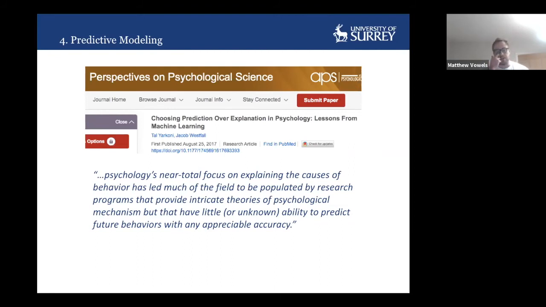So this is kind of what Yarkoni argues as well, which is that if we adapt our methodologies a little bit and incorporate some prediction, then we can say, well, maybe if my theory is correct, it should actually be predictive to some extent, and that would be a nice thing to check. Because if it isn't, you start to wonder, why isn't my theory predictive? You'd assume that if it was correct, you'd be able to predict something. But Yarkoni and Westphal are arguing that this doesn't get checked enough, and there isn't very much adoption of predictive techniques.